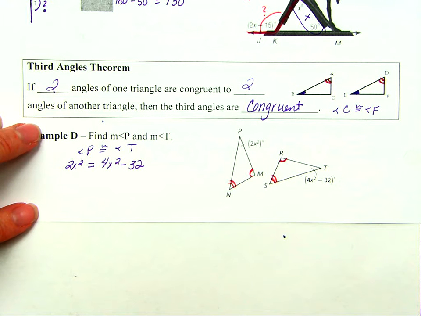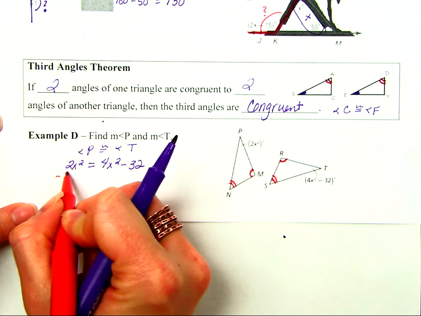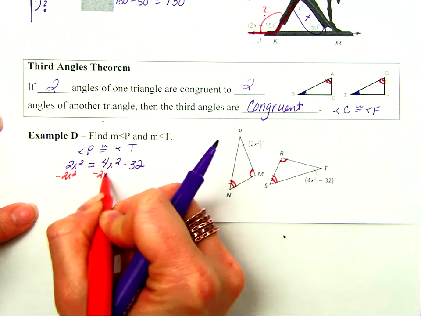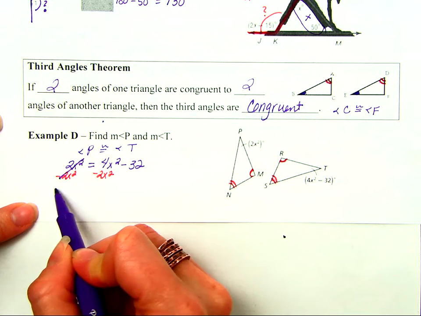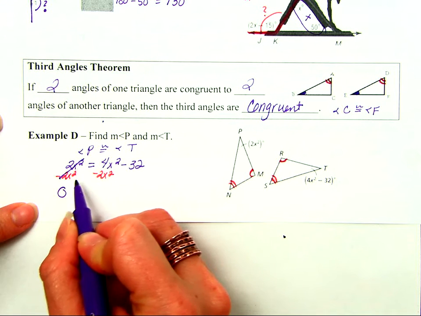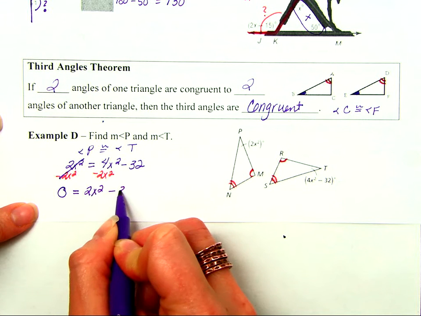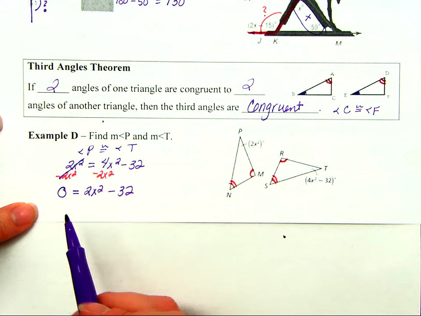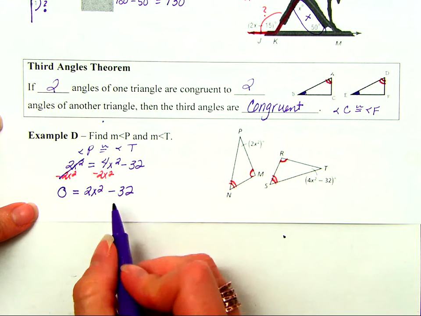Now, I do want to show you in solving this, even though it has an x squared term, we're going to approach it the same way. A lot of times kids may start by subtracting 2x squared, and that is fine. But I want to point out to you that when you have these kind of cancel out over here on the left, you're going to actually put a 0 there. 0 equals 2x squared minus 32. Sometimes kids forget that part, and then they kind of lose their equation. If I add 32 to both sides,